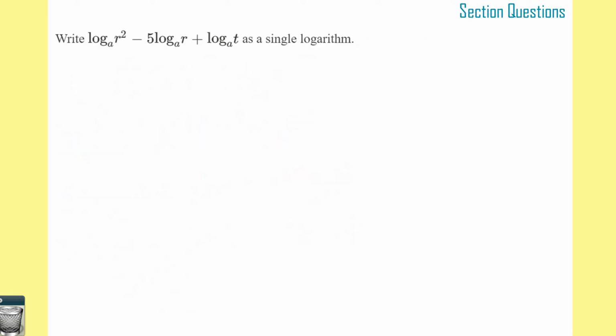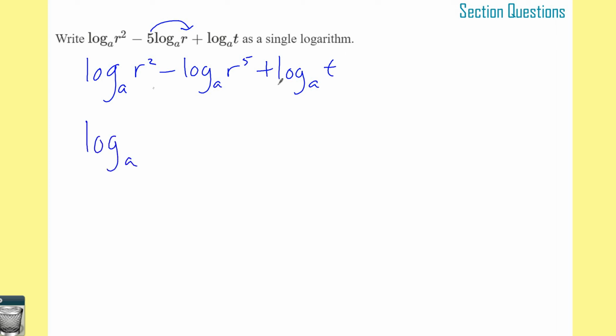All right, write it as a single logarithm. So now we're just going to smash it all together. Here we first need to move our exponent. So log base a of r squared minus log base a of r to the 5th plus log base a of t. So we have log base a, all the same base. So we do r squared divided by r to the 5th,